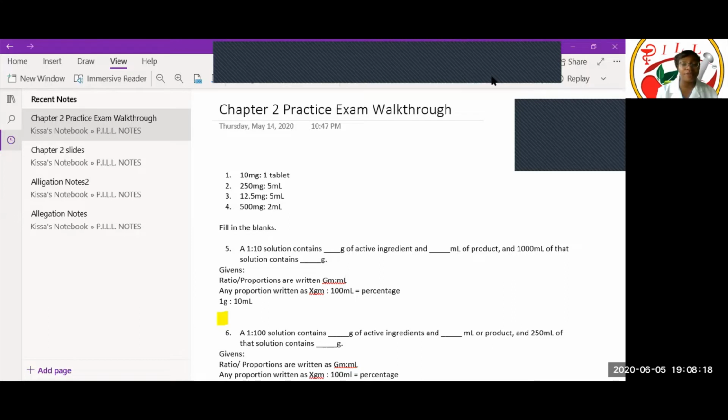So the given information we also have is written as 1 part per 10, but we know that ratio proportions are written as grams per milliliter. So we interpret the first part of this equation as 1 gram per 10 milliliters. That's the answer to the first part of the equation. The second part, we actually have to solve for, utilizing a ratio proportion equation, to find the unknown value of grams. So we will set up